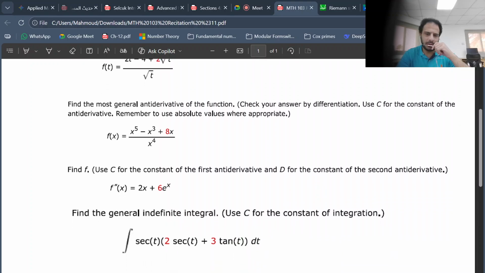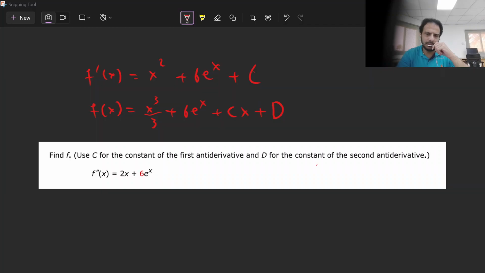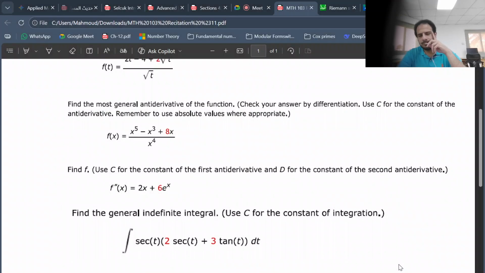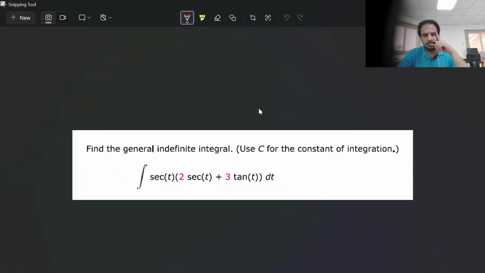Now let's solve this one. What do you think? How to solve this? We distribute the secant first. Yes. So we have integral, you can take 2 out if you want, secant t. It's secant t times secant t, right? So secant squared, yes, dt plus